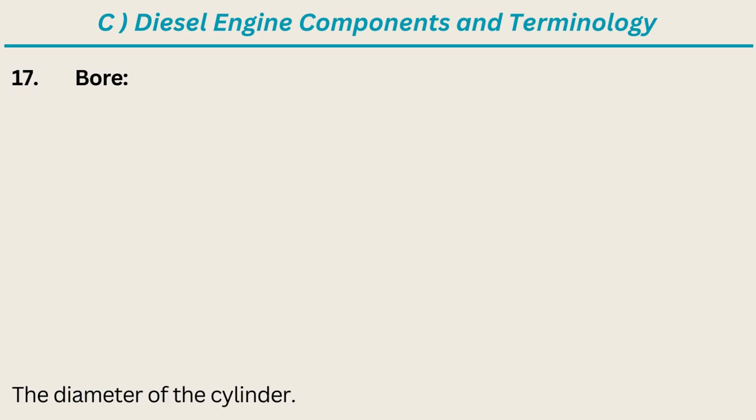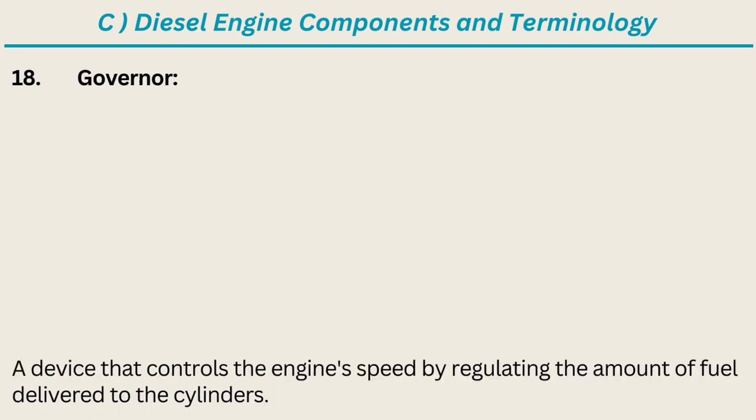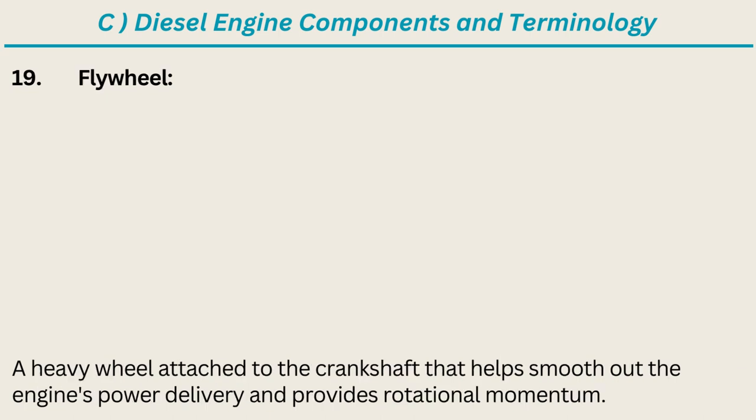17. Bore. The diameter of the cylinder. 18. Governor. A device that controls the engine speed by regulating the amount of fuel delivered to the cylinders. 19. Flywheel. A heavy wheel attached to the crankshaft that helps smooth out the engine's power delivery and provides rotational